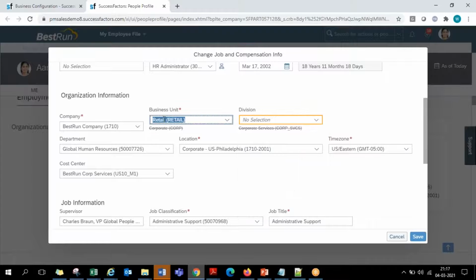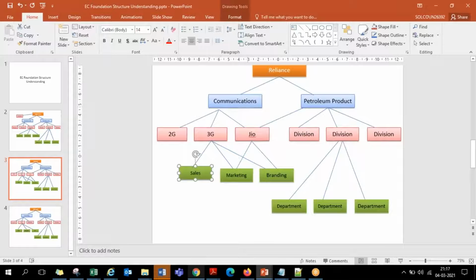Now, if I completely deselect the business unit, at the division level the system will say no data until you select my parent. The system cannot display the relevant child values. So based on the business unit that you select, the applicable divisions to come up are what the system can then decide.